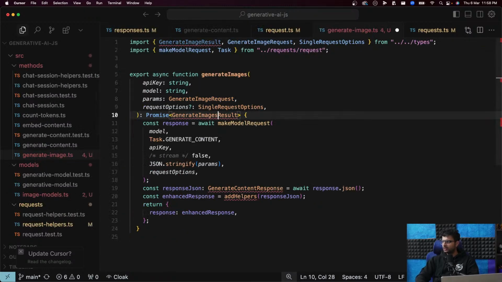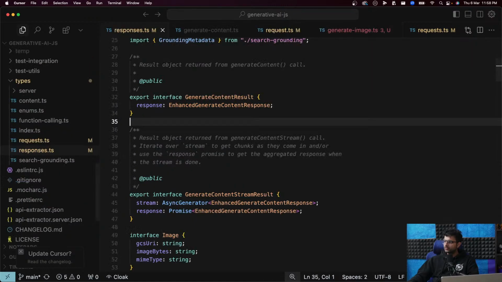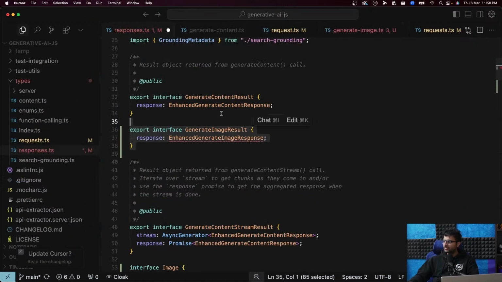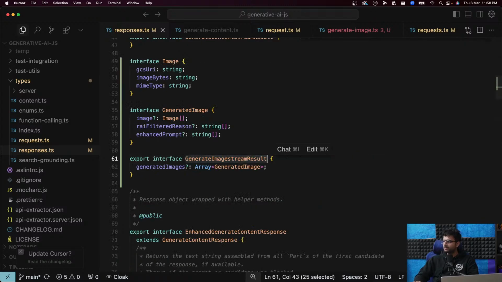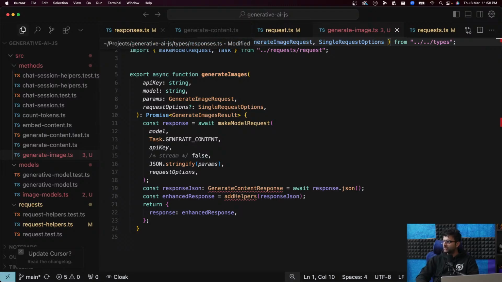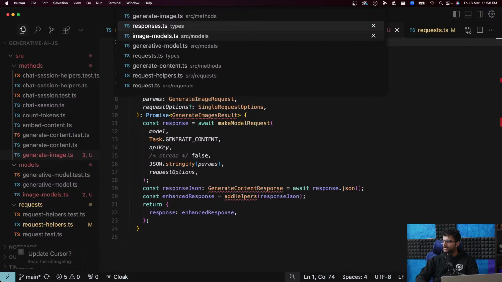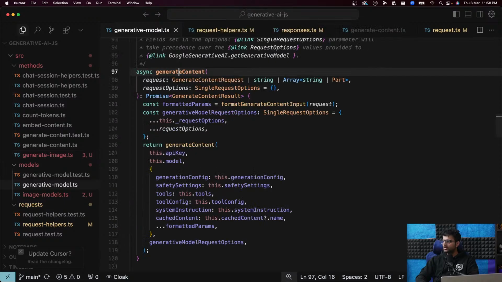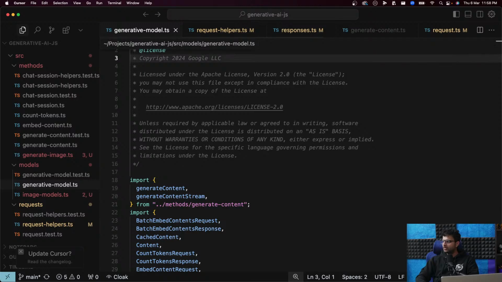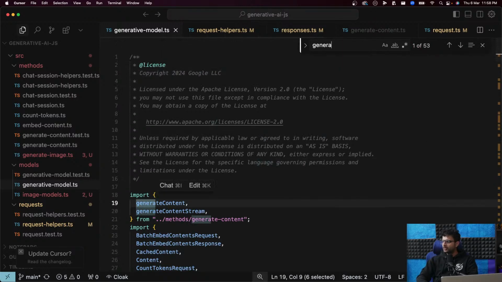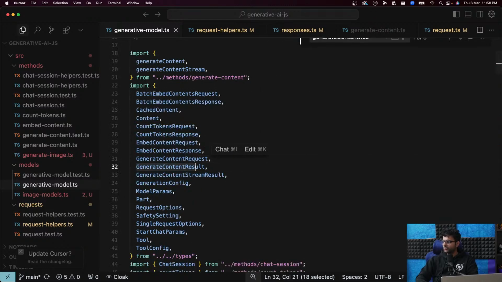And this needs to be replaced with image result. Doesn't exist only. Does exist though. Generate images result comes from response.ts, not types.ts. Is that the same place that we get it from in generate model? Generate content result comes from types, dude.